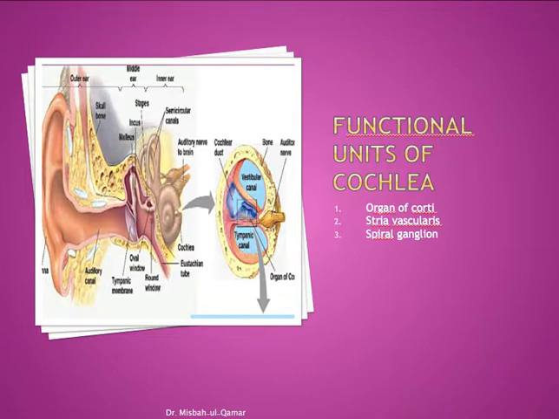And that voltage is called the endocochlear potential. So the stria vascularis is basically required for generating the endocochlear potential. And the spiral ganglion,